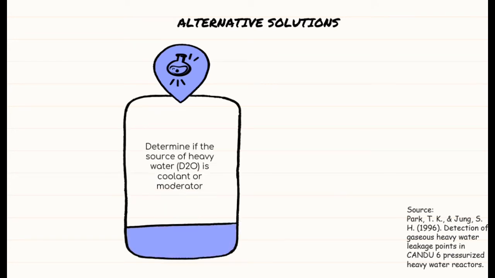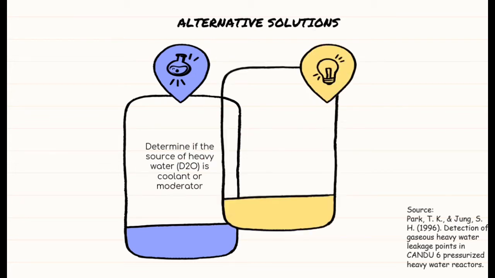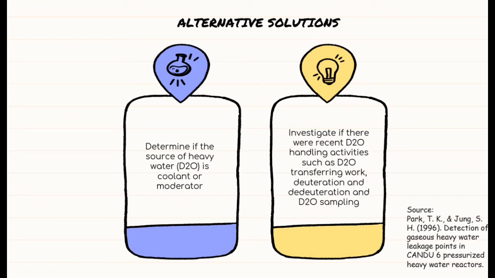First, we need to determine if the source of heavy water is coolant or moderator. The second one is we need to investigate if there were recent heavy water handling activities. So the heavy water leak could have occurred during heavy water handling. However, if there were no such perceived leak during heavy water handling activities, then leaks may have been caused by